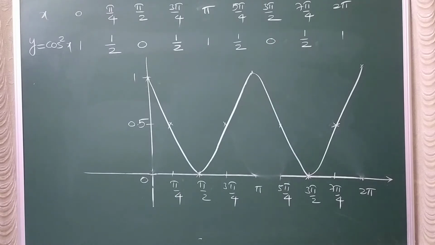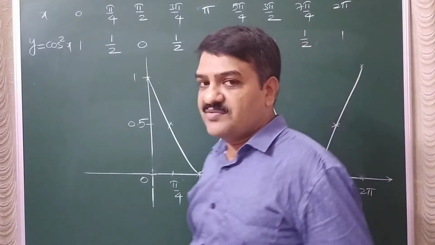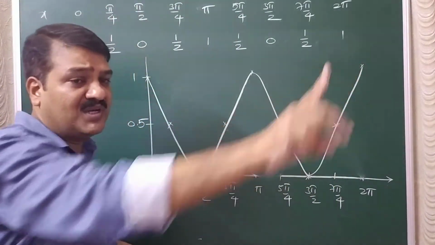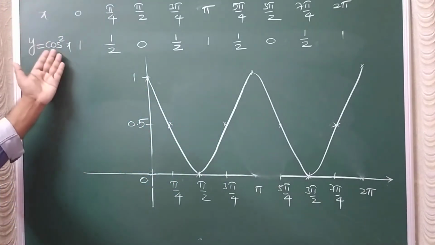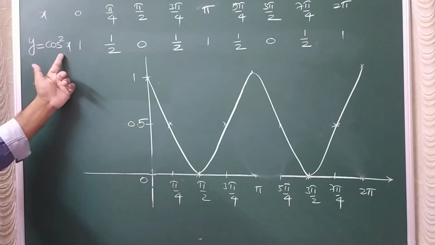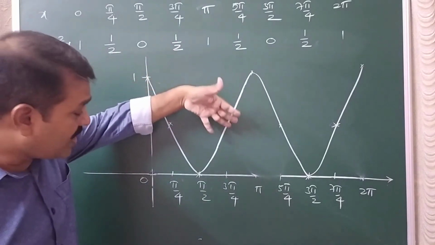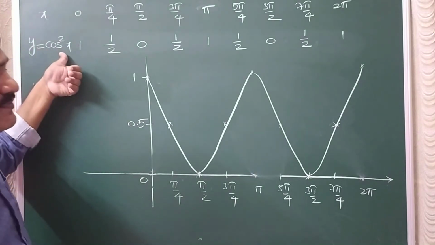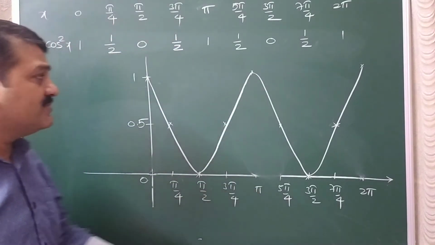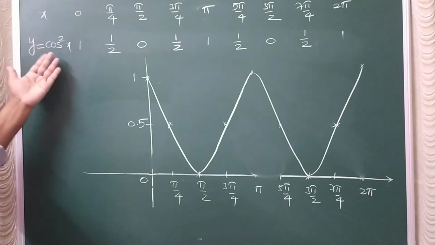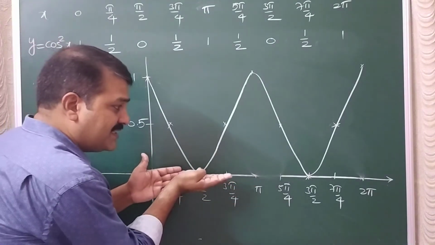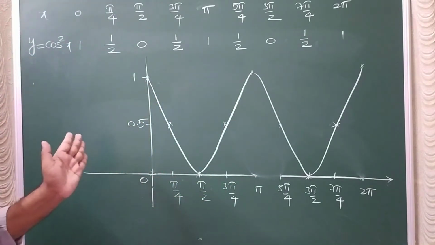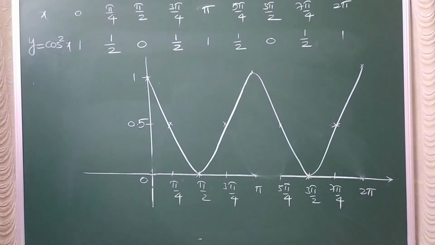So both y is equal to sin square x and y is equal to cos square x graphs, you can observe, are in the shape of a wave. These are wave shapes only. But since we are taking cos square x, y cannot be negative. Therefore, the graph is not going below x-axis. So, if y can be negative, the graph can go below the x-axis. But the y is not negative here. Therefore, the graph is completely touching or lying above the x-axis only. Based on y values, we are getting the graph like this.